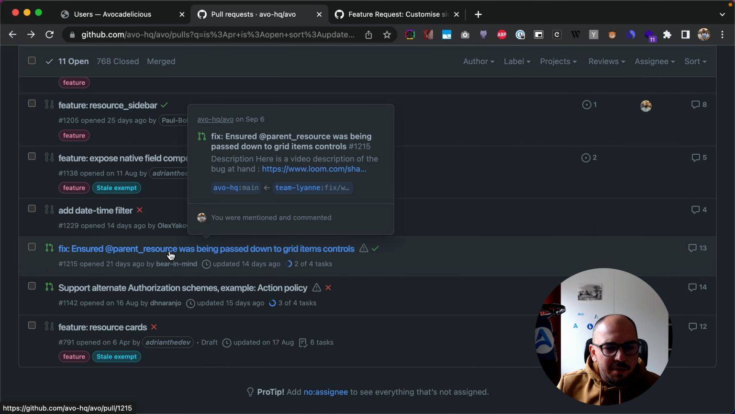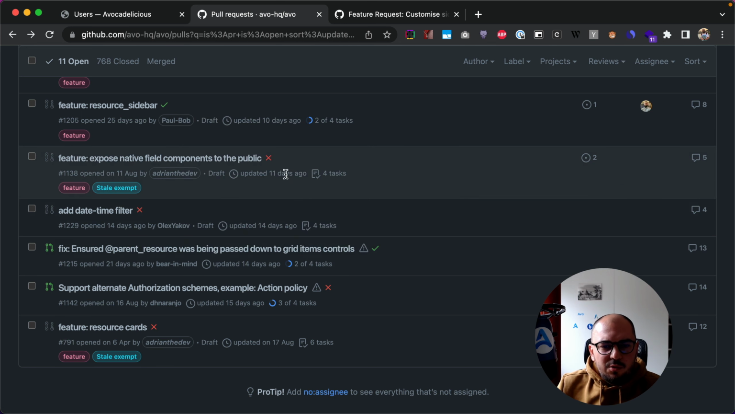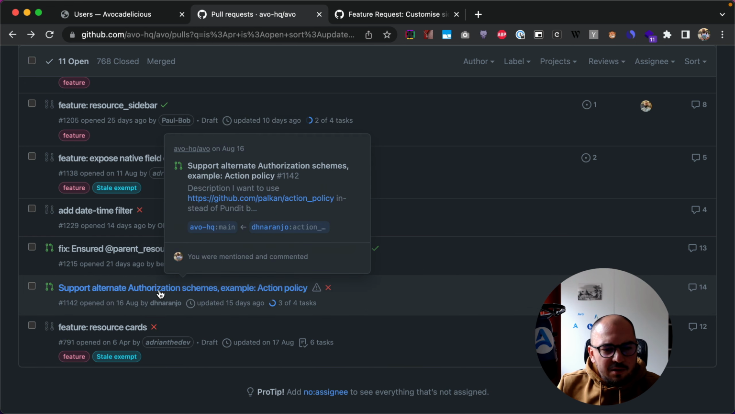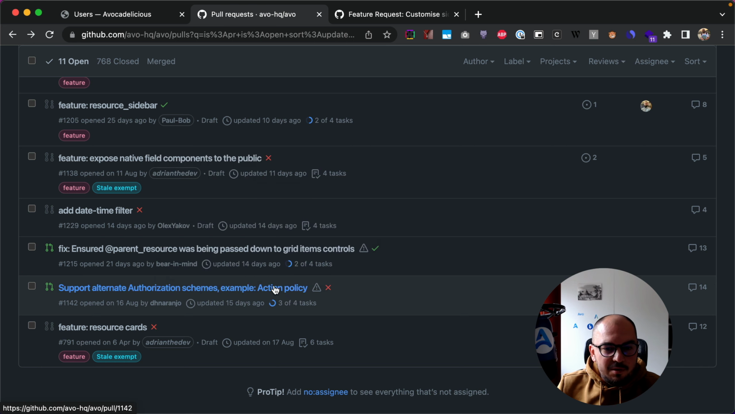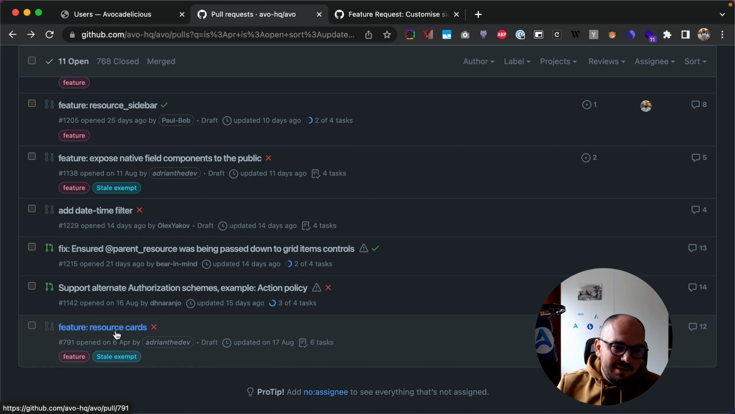What is this? So ensure parent resource. Perfect. So there are some edge cases where the wrong resource is being selected instead of the right one. So we're trying to fix this here with Lewis. Support alternate authorization schemes. Again, thank you so much, Desmond. This is perfect. We'll be able to support action policy. Resource cards. This is on my plate as well. So this I have to end